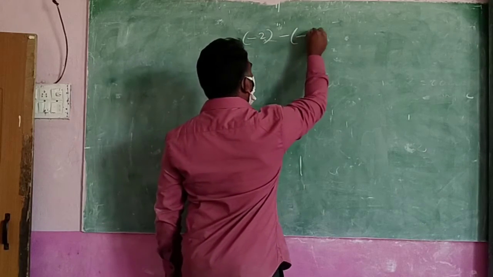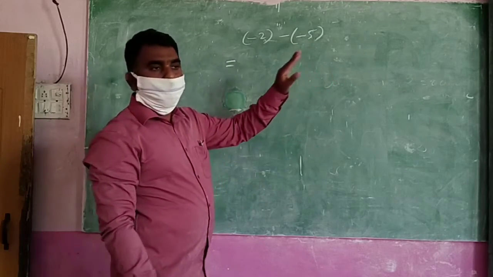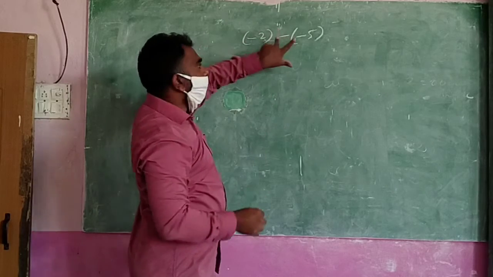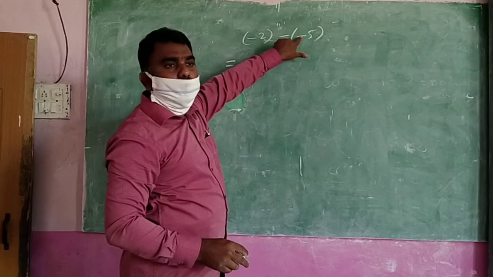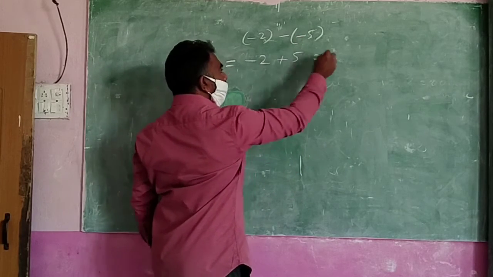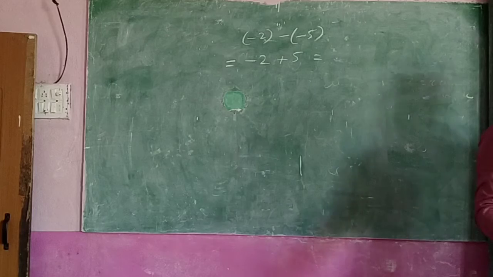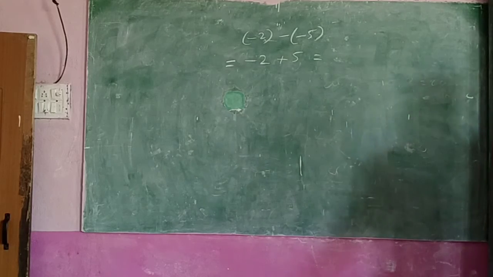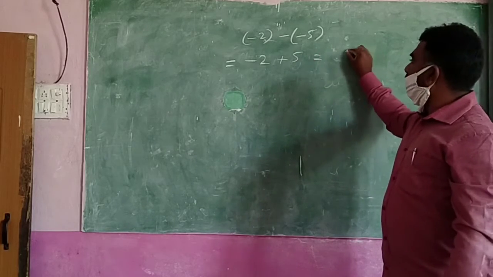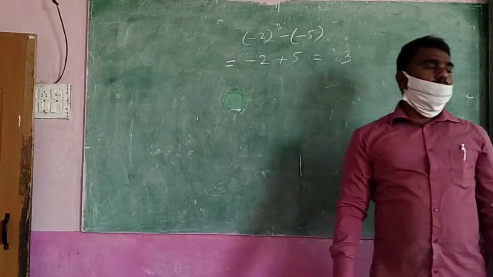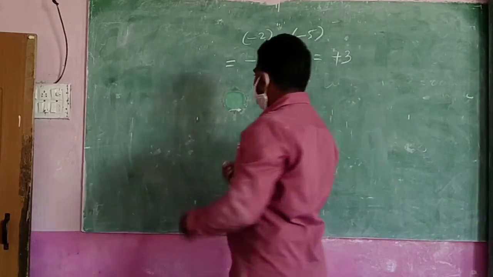-2 minus 5 is my question. How do you answer? First of all, you write simple. This is -2. Here two symbols are there. Minus and minus. Yesterday I discussed that. Do you remember? Minus and minus will become plus. Plus 5. Now we will think in that manner. How? Up and down. So one down, one up is there. So we have to find the difference, not the total. What is the difference between these numbers? 3. And where we are? Up or down? Up means what? Plus.